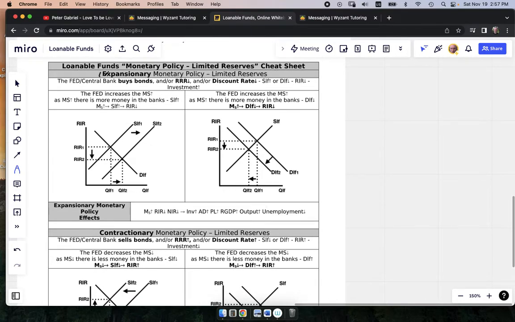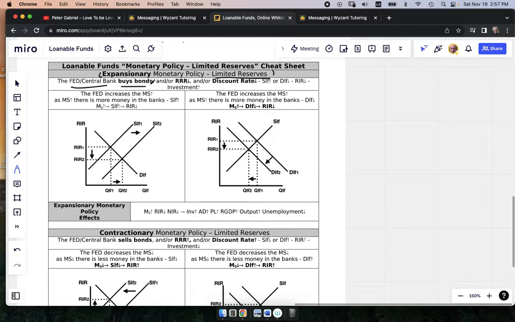If you have expansionary monetary policy, and that's with limited reserves. To tell you the truth, at this point in the game, I don't really know what's going on with ample reserves and loanable funds. I don't know if we'll be asked about loanable funds if we're talking about ample. If we are at this moment, I would just answer the same. But we have limited reserves. The whole Fed or central bank thing